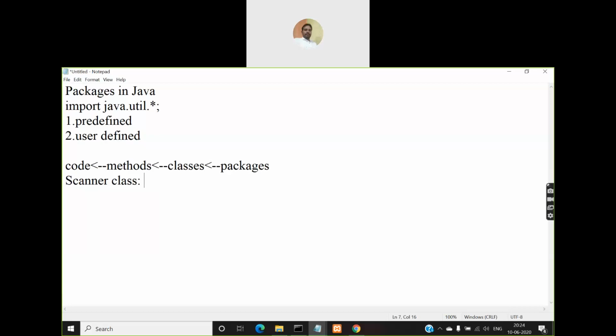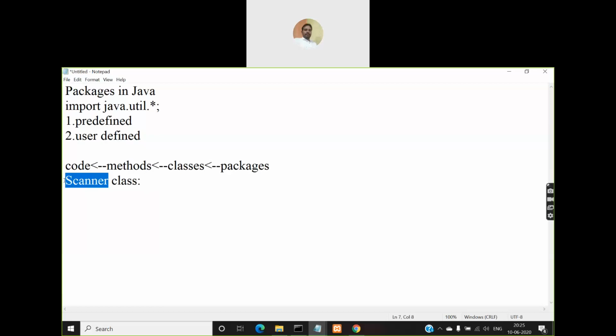All these methods are predefined methods, and because in Java the condition is that code is put inside a method and methods are put inside a class, even these predefined methods will also be inside classes. So where are all these methods defined? nextInt, nextDouble, nextByte, nextLine, they are defined in a predefined class called scanner.